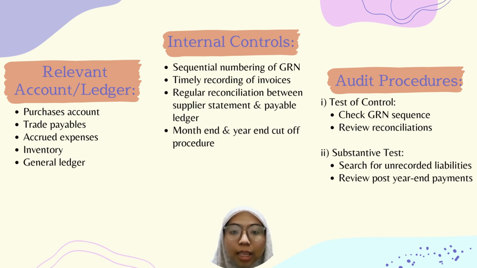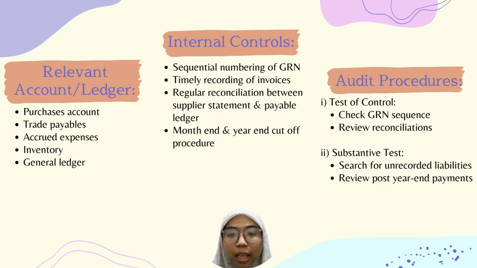While for audit procedure, they have 2 tests, which are test of control and substantive test. For test of control, check if any GRN is missing, review reconciliation of supplier statement to payable ledger, inspect procedure for invoices received late. For substantive test, trace GRN and supplier invoice to accounting record, perform search for unrecorded liability, review post-year end payment, inspect if any GRN not matched at year end, and the last one, compare supplier statement